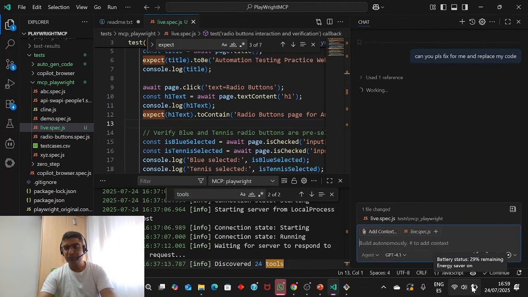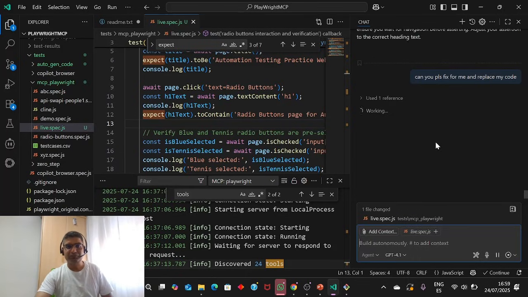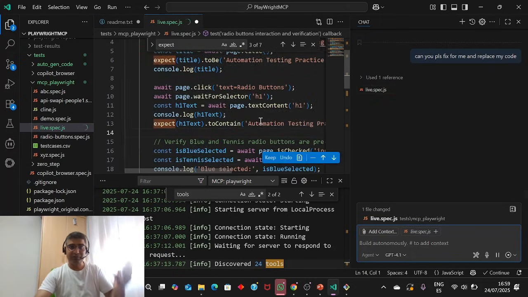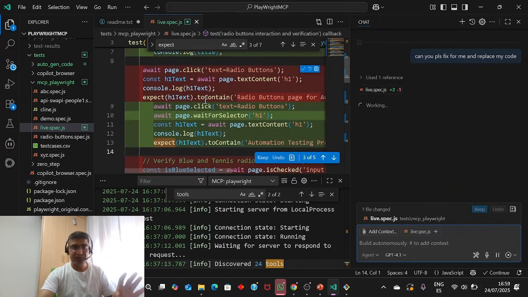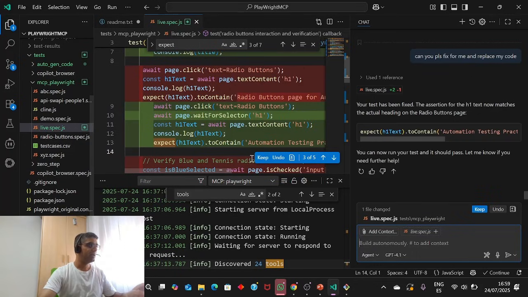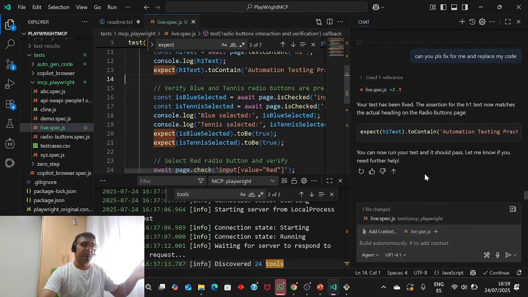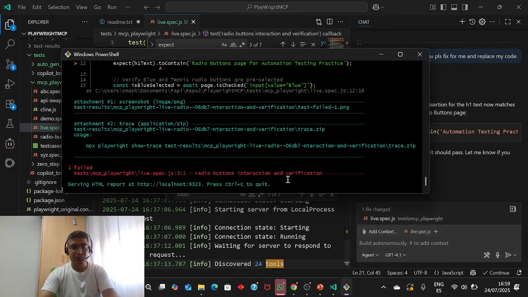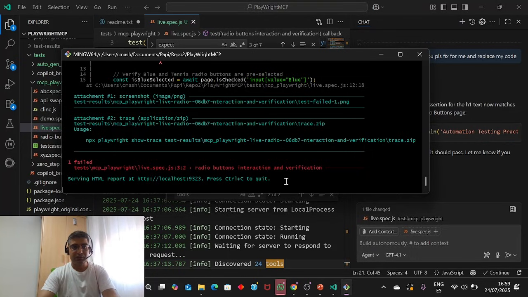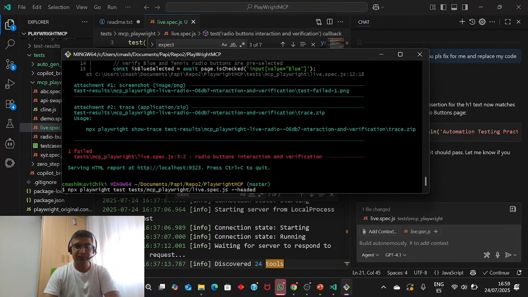Let's see if they can fix it or not. I don't want to touch the code. Simple as that. Okay, so let the Copilot do the work. Let's see. I want my file to be updated. See, they have done the changes. Can you see? They have done the changes. Okay, I believe in them. They have done something good for me, and I just simply want to run. Let's see if it really fixed or not.